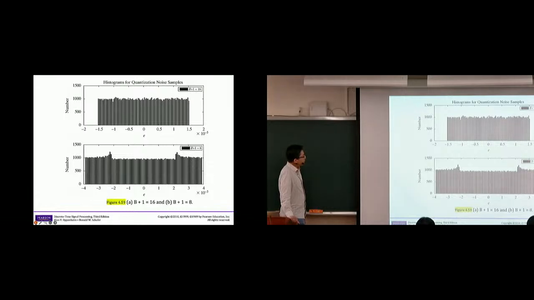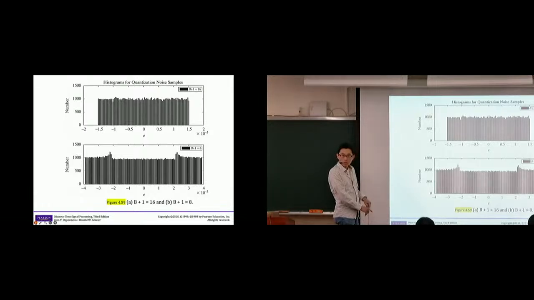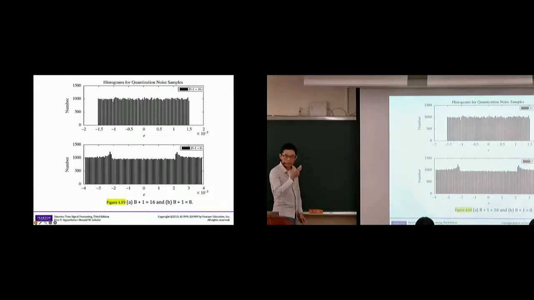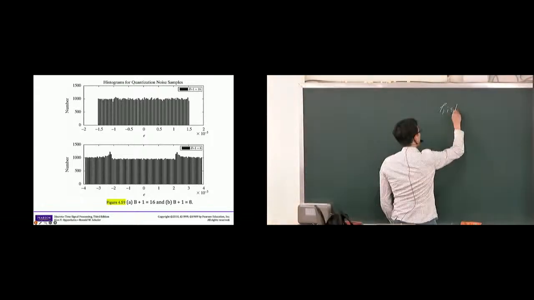That makes a lot of sense. This is one example: you take a signal, you quantize it, and then count how many times you have an error that falls exactly in this range. This is a histogram. I was trying to recall the term. Yes, this is nothing but a histogram.